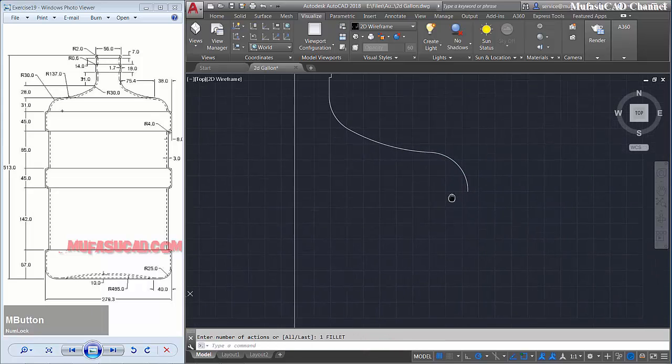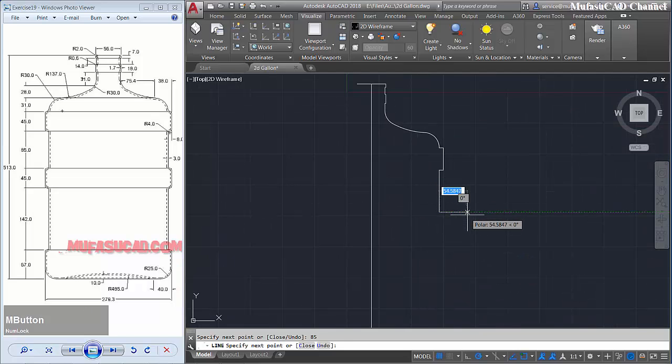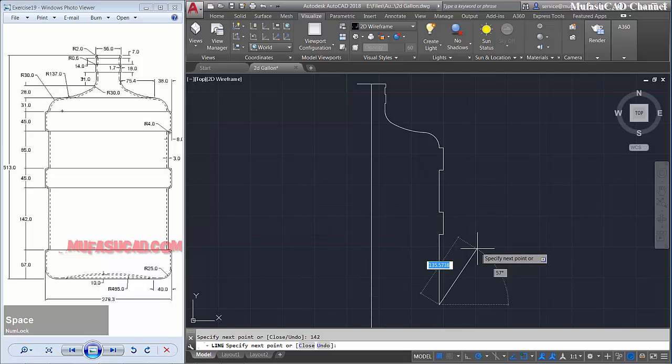I will create a line starting from this point to the right about 8, to the bottom 45, and to the left 8, to the bottom here 85, and to the right 8 again, to the bottom 45, to the left 8, to the bottom again 142.